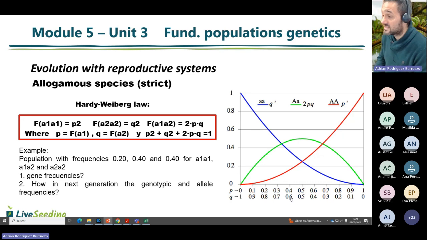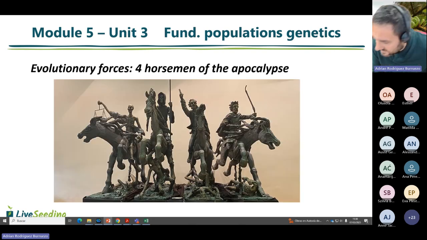So what we can see is that in this problem, the parent population was not in the Hardy-Weinberg equilibrium, because their genotypic frequencies have changed from one generation to the other. Okay? And we have estimated on the basis of their alleles. And now, after this fast and simple